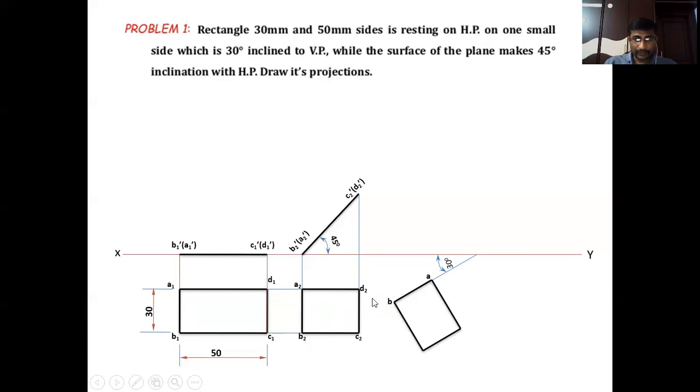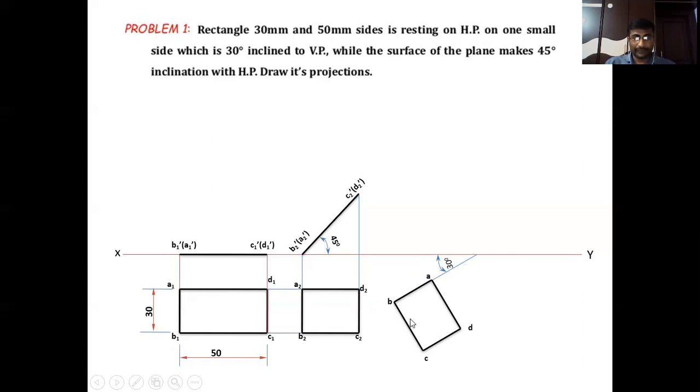This third stage top view must be the same size as the second stage top view, but the smaller side must be rotated at an angle of 30 degrees. Clear, students? Here the smaller side is 90 degrees with XY, but here the smaller side AB is 30 degrees to the XY. Like that, you have to reproduce this top view in the third stage. Clear? Complete the diagram A, B, C, and D. In the last stage, we have to locate the corners A, B, C, D. Second stage was A2, B2, C2, D2, and the third stage is the last stage. That's why you have to represent it as A, B, C, D, the final top view.